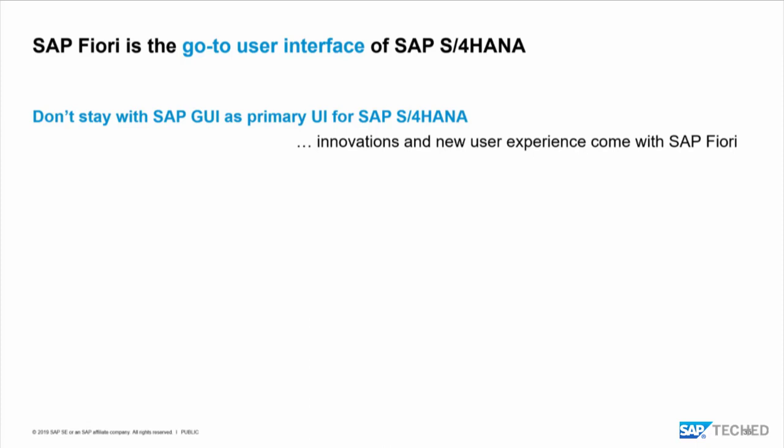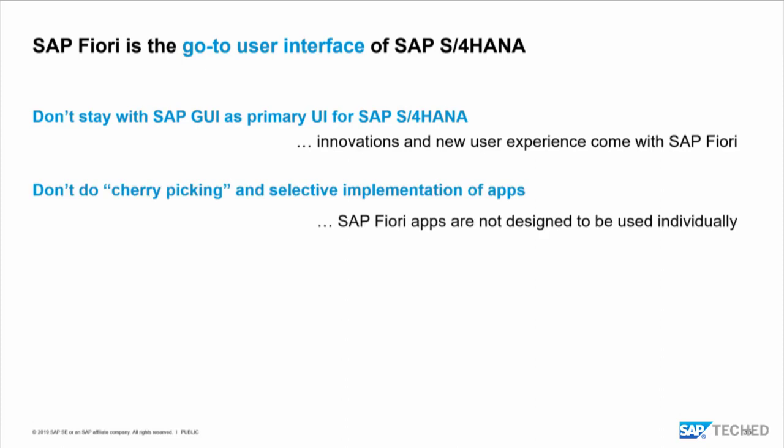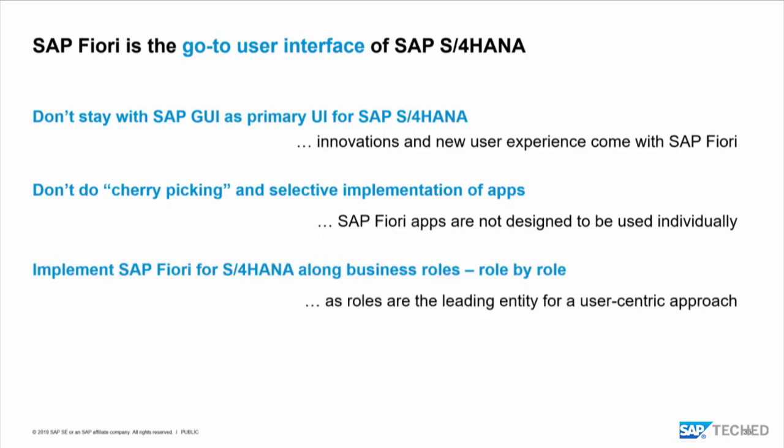I think it's still okay to say if you do your conversion to S4HANA in 2 steps, first a technical migration and then a business process adaptation, but you have to be part of the second phase. Otherwise, it will be really hard to show a benefit in S4HANA. Don't do the cherry picking of apps or a selective implementation of apps. As you have seen, hopefully, and understood from my session, the apps are not designed to be used individually, and this will lead to very high implementation costs and bad user experience due to the 2 entry points,